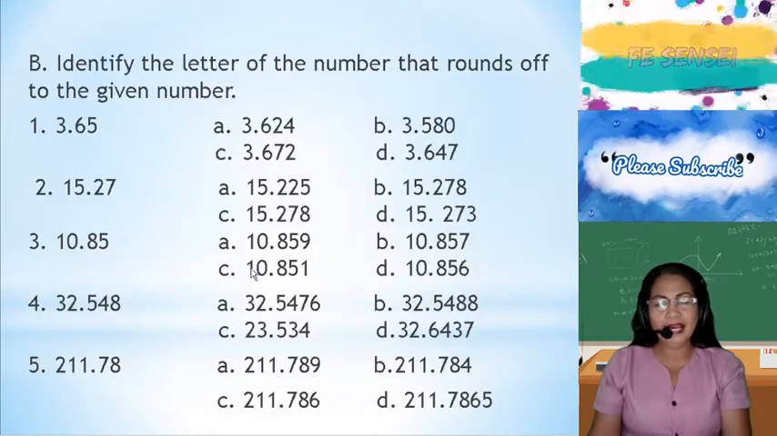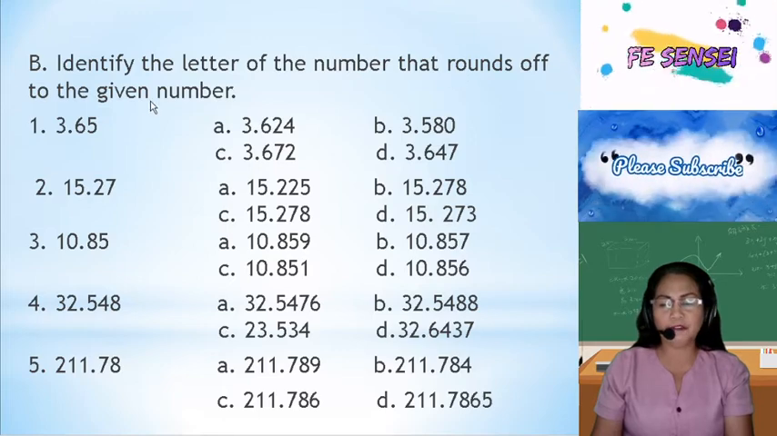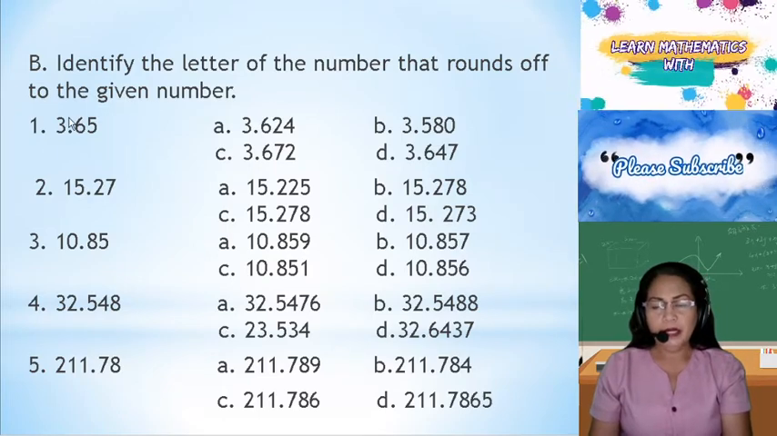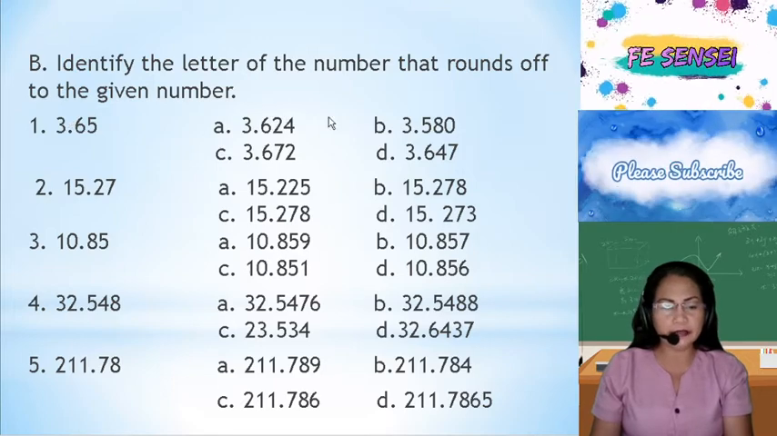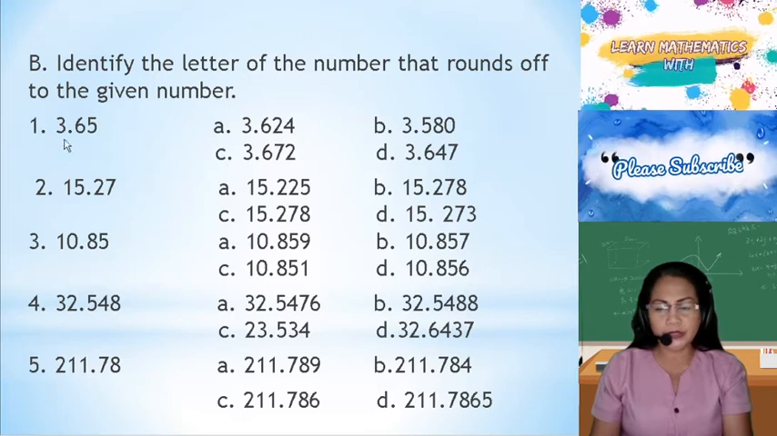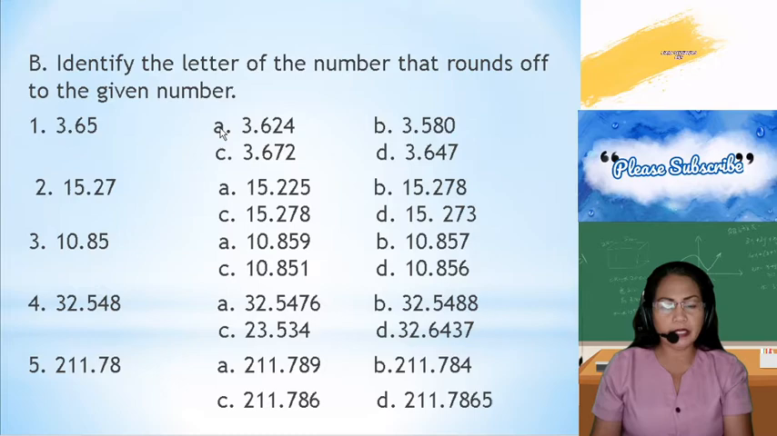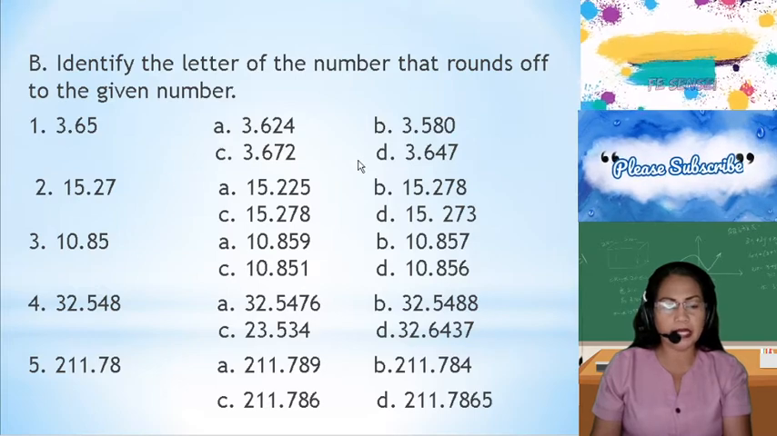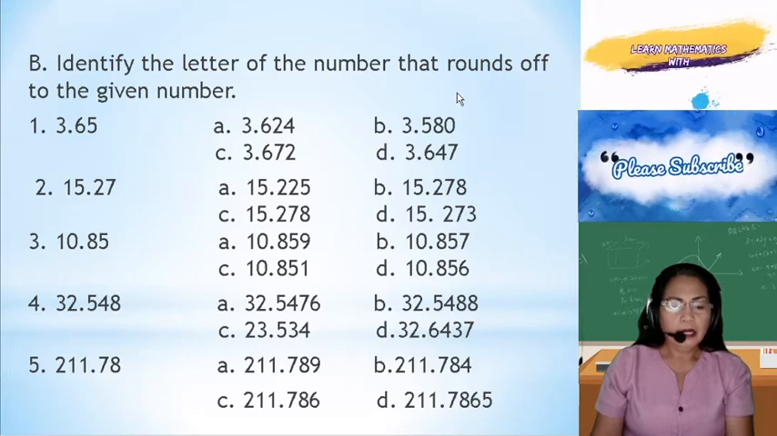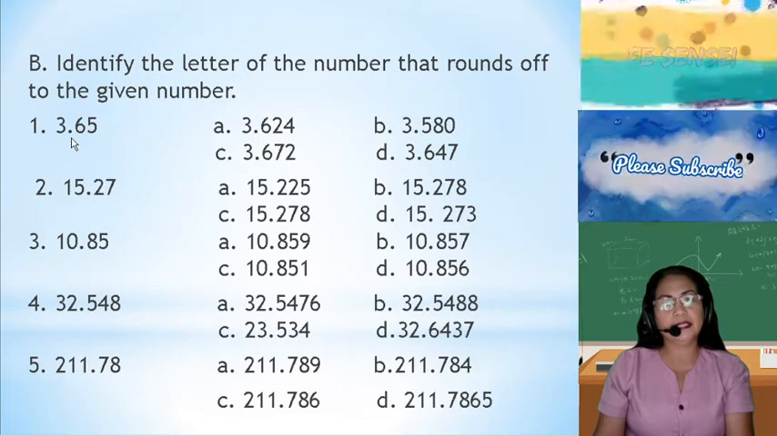Okay. Then identify the letter of the number that rounds off to the given number. So this is the given number. We're going to identify the letter of the number that rounds to this number. So examine the numbers for letter A, B, C, and D. Which of these numbers rounds to 3 and 65